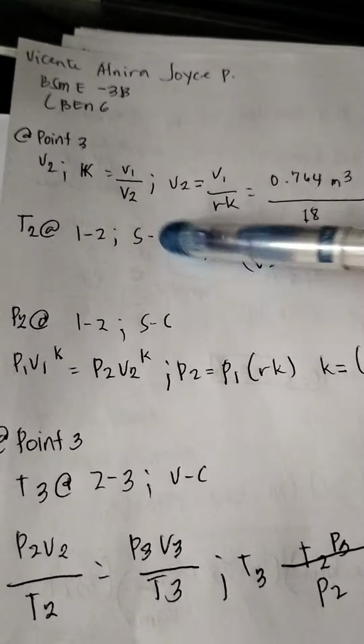P3 is equal to T4, which is equal to 1,805, while V4 is equal to 0.080 m³ and P4 is equal to 7,713 kPa. Problem number 3: a dual cycle using air operates at 14.7 psia, 70 degrees Fahrenheit